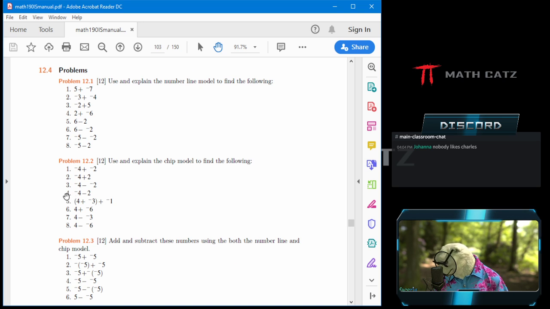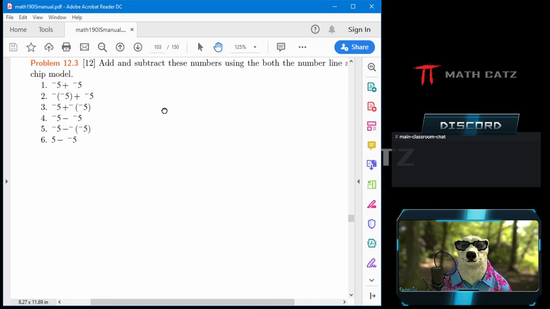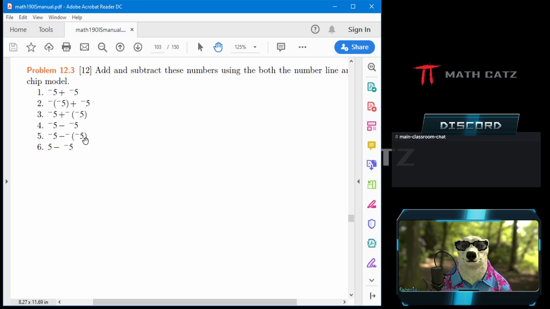So we want to do 12.2, specifically similar to number 7. And also question 12.3, specifically number 5. So let me just quickly say, in 12.3, we get a little too fancy, and I need to correct that. Any of these double negatives, just ignore those. I'm never going to give you that, since it's just a little too far. We have either a positive integer or a negative integer in each case.